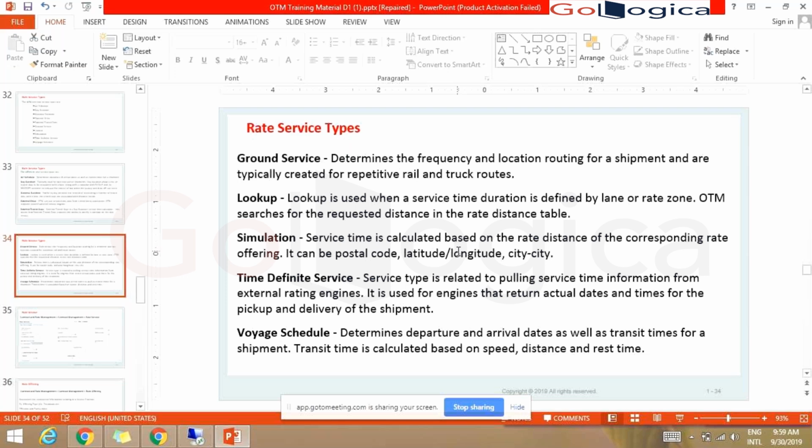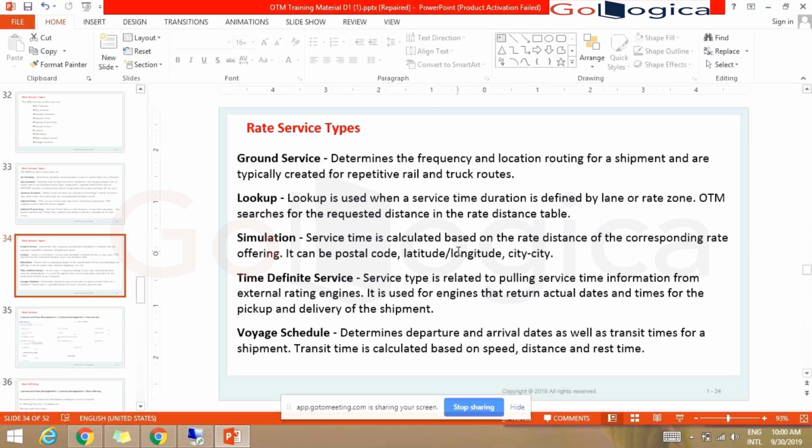Every vessel will have its own transit times and speeds. Every steamer will not go at the same speed, right? And based on the permissions and all on the sea route, it will define the distance, and they'll have some rest time in the intermediate ports and all. So based on that, it will define the service time.